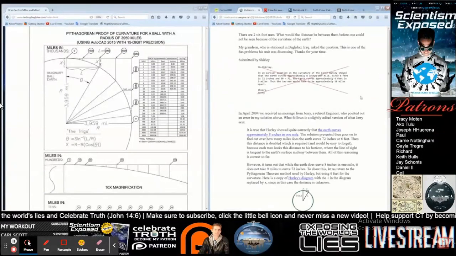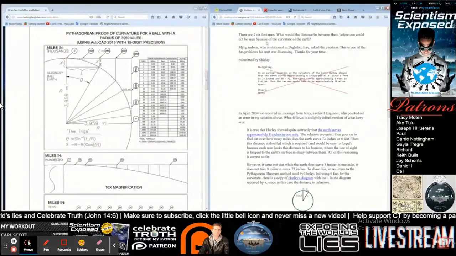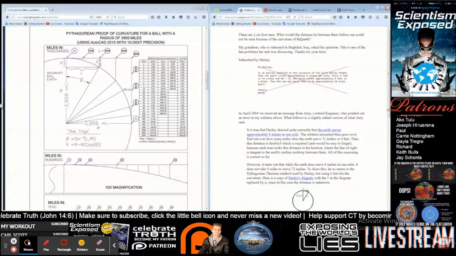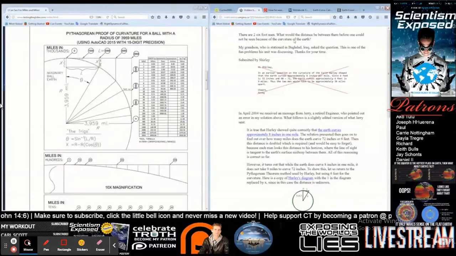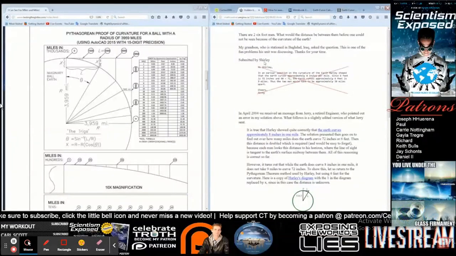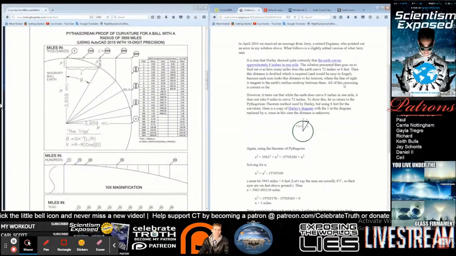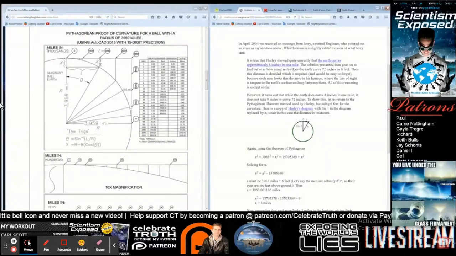So you click on this, and there's an interesting question posed here at the top. There are two 6-foot men. What would the distance be between them before one could not be seen because of the curvature of the Earth? And this is apparently this person, Shirley, had a grandson who was stationed in Baghdad, Iraq, who was asking the question. And he goes to explain, it's 8 inches per mile, blah, blah, blah, but it's not,